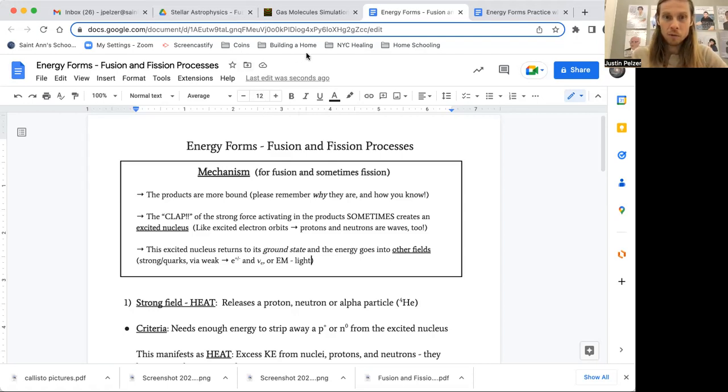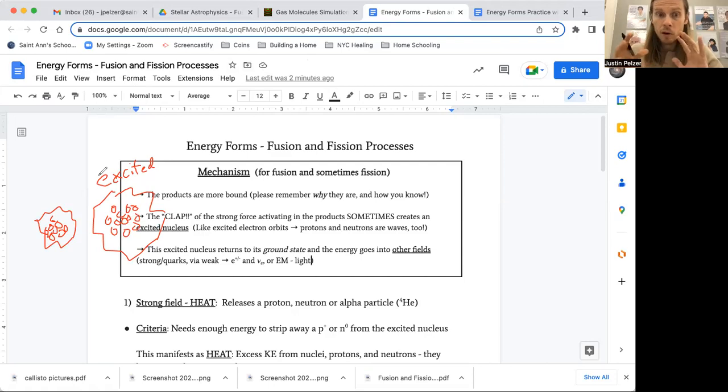If I wanted to, I could add energy to a nucleus and it has this vibrational energy to it. I could make it more energetic. I could have an excited, second harmonic nucleus where I think the nucleus actually physically grows a little bit, just like the electron orbitals, and they vibrate. They're a little more energetic. And that's an unstable situation, and it'll actually return back down to the ground state.